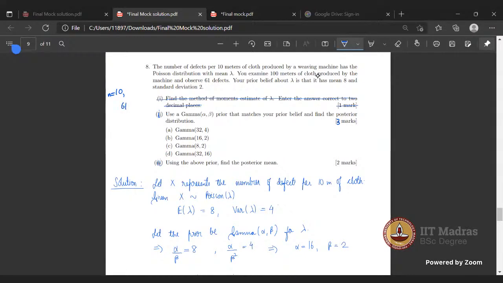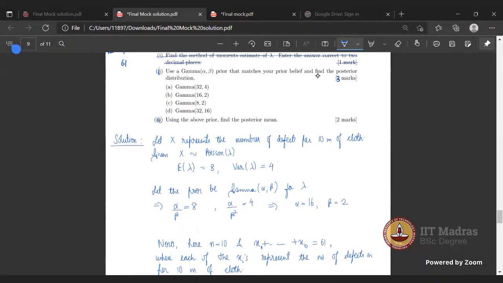It means out of 100 you have observed 61 defects. In the first problem, you have to use a gamma alpha beta prior that matches your prior belief and find the posterior distribution. So if the prior is given to be gamma distribution, then in that case,